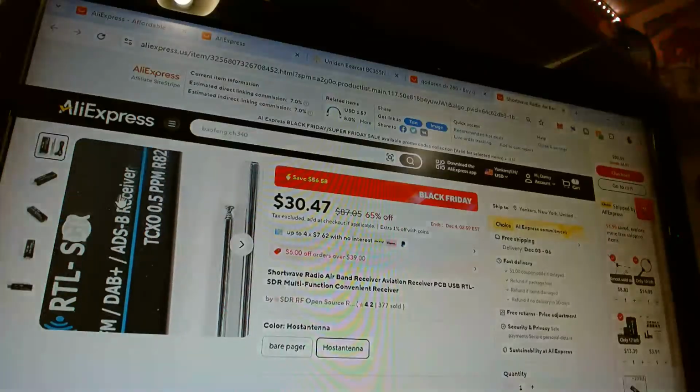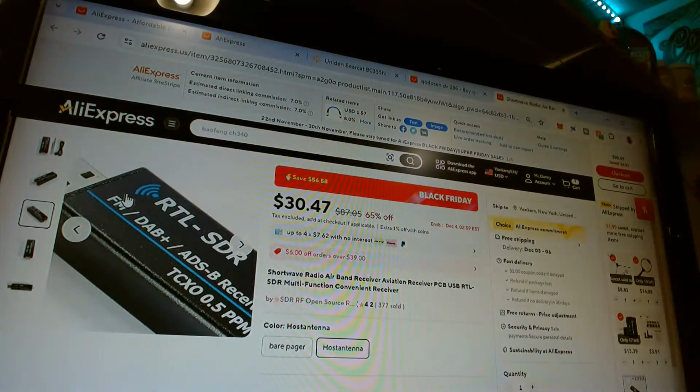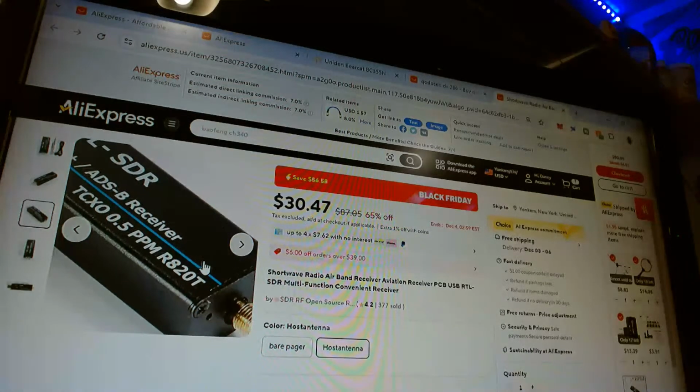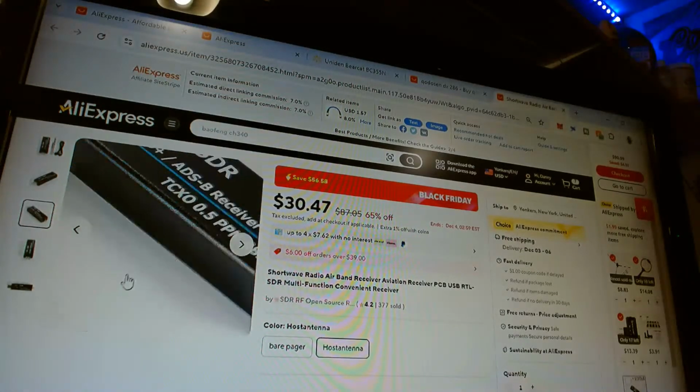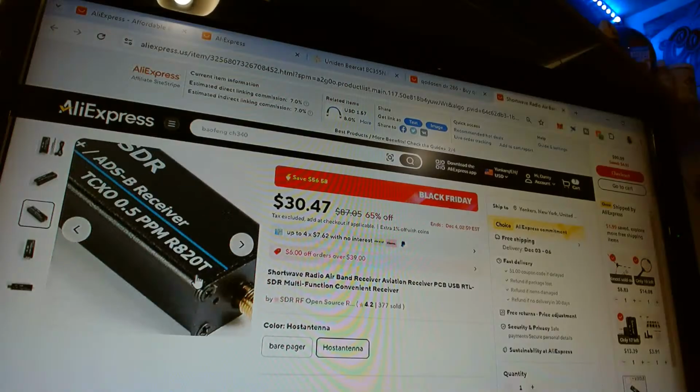An SDR like this one that just says RTL-SDR, this is probably a knockoff. Will it work? Yeah, it'll work, but it's not the official RTL-SDR version 3, version 4. Now they have the version 4 dongle. So this is not going to be it.